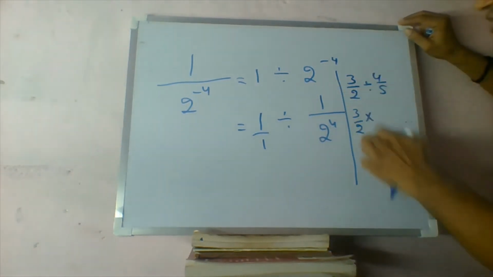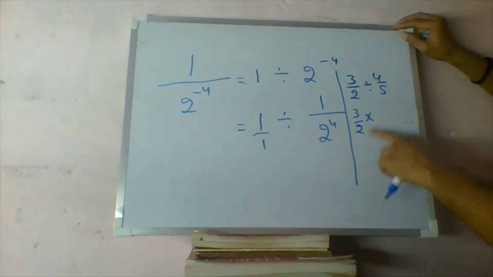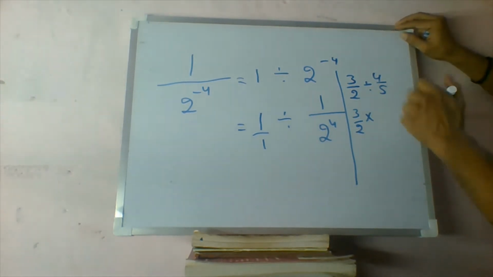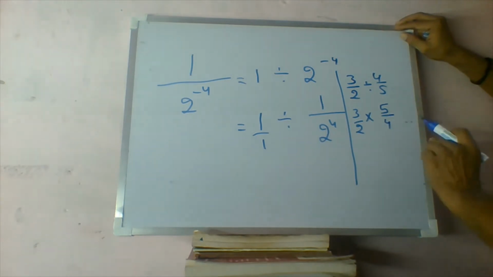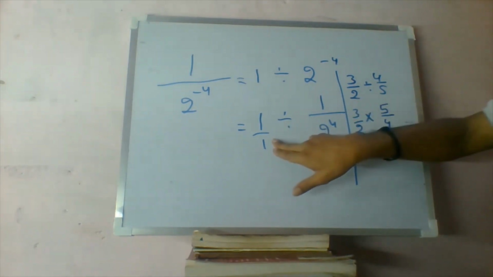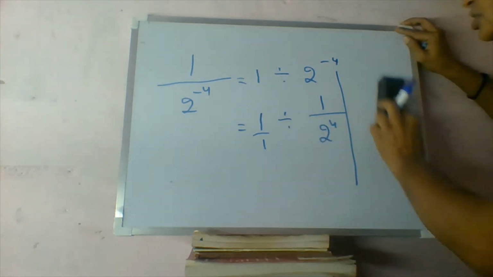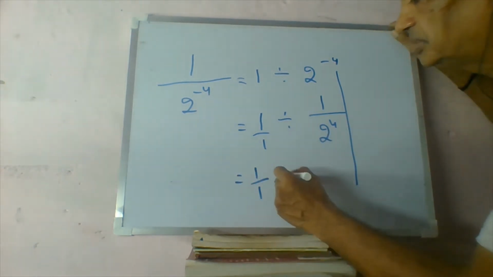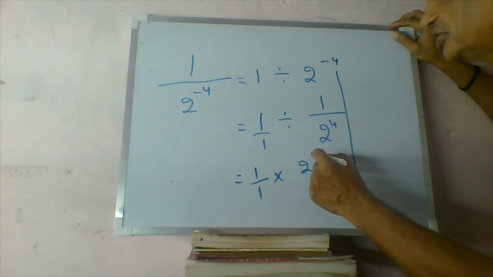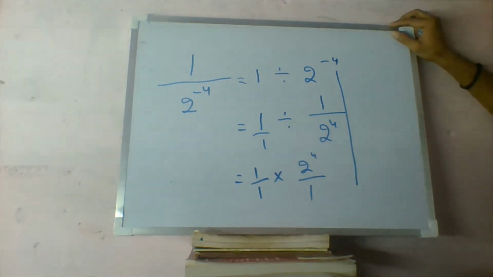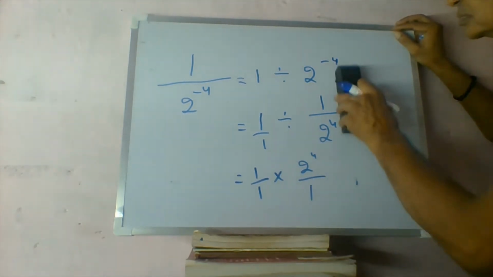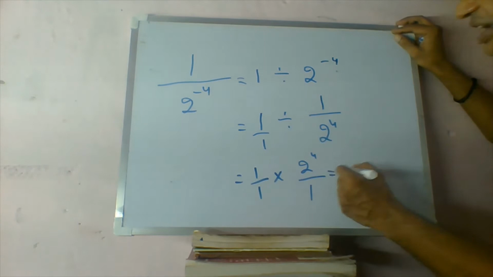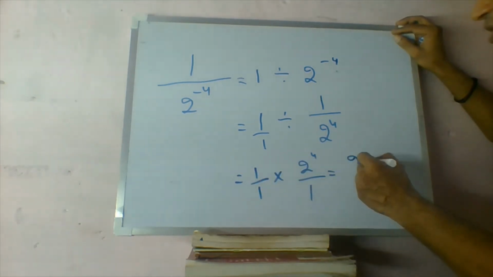So 3 by 2 multiplied by reciprocal of 4 by 5, that is 5 by 4. Same rule we will use here. So it will be 1 by 1 multiplied by 2 raised to power 4 by 1. So if we solve it further, we will get 2 raised to power